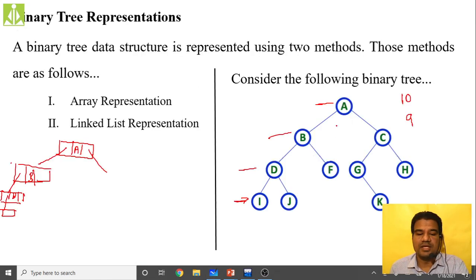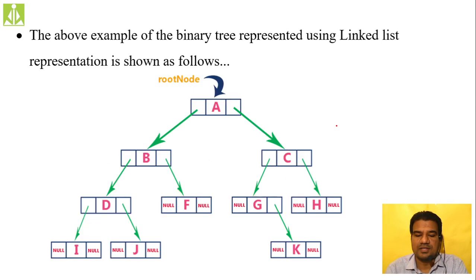For binary tree. So that you can see over here. The same thing, whatever I have drawn over here, I have shown over here. A, it is having two nodes, one left child and one right child, B and C. B, it is having two, D and F. F, it is not having anything, neither left child nor right child, so both I made it as null. I and J also, they are not having anything as left child and right child, I made them as null. But G, it is having only the right child, that is K, and it is not having any left child, so I made it as null. So likewise, you can represent your complete binary tree using the doubly linked list node concept.